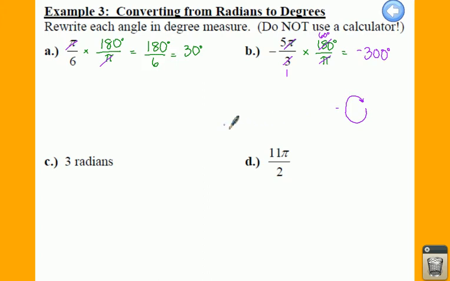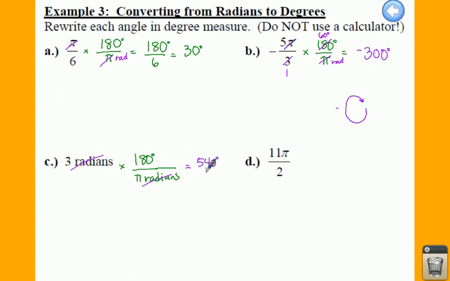Now, a lot of people get confused when they see C, because they just see 3 radians and they're like, well, there's no pi. Well, remember, this is a pi radians. So if you have radians on top, you're still multiplying by 180 degrees over pi radians. You're just canceling the labels. When you cancel these labels, radians cancels here, and you're going to get 540